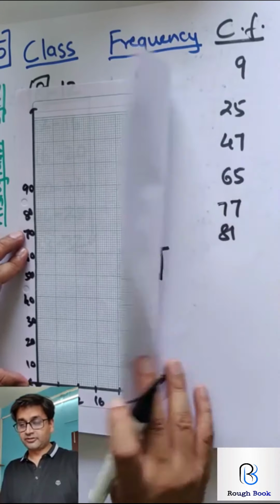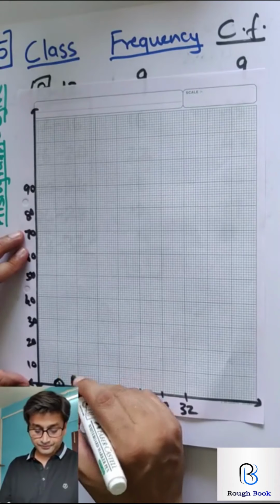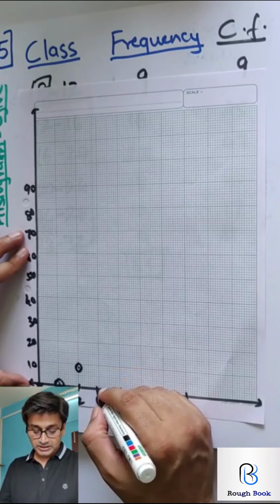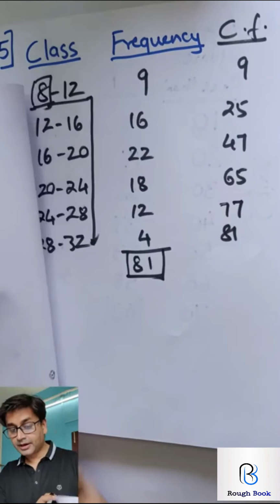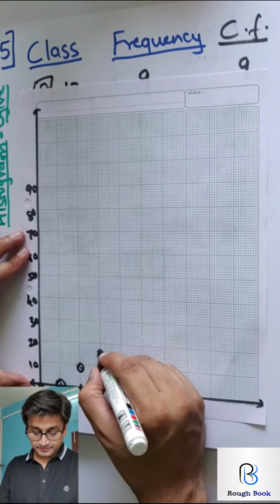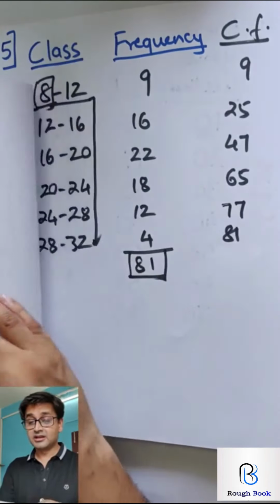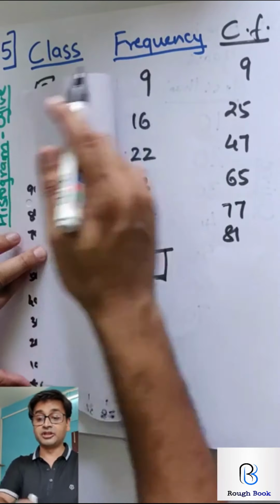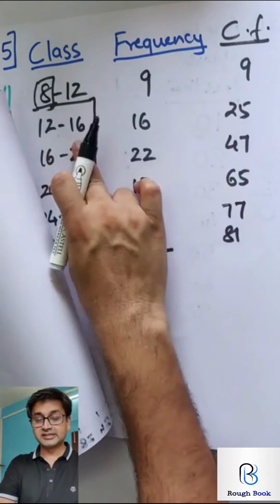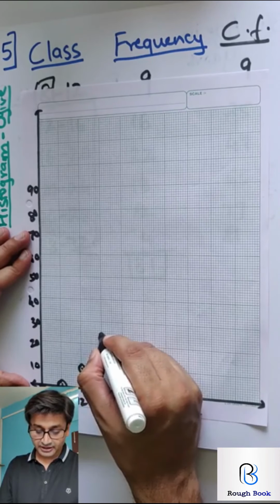Now the reverse L technique. The first one we are going to plot is 8 as 0. Then 12 as 9, so one line down. Again 10 gaps, so only one line is 1 unit. Then 16, 22, 18. We made a mistake. See, that's what I was talking about. You're plotting the cumulative frequency, not the frequencies. So this one is wrong. 12 should be 9, 16 should be 25. My bad. Sorry, 16 will be 25 right over here.